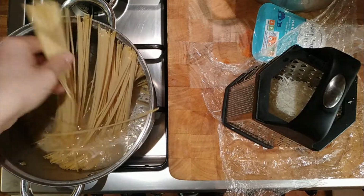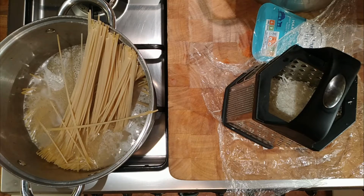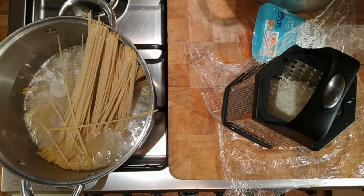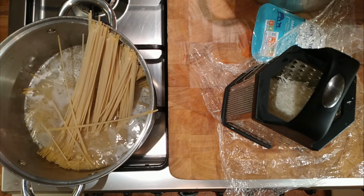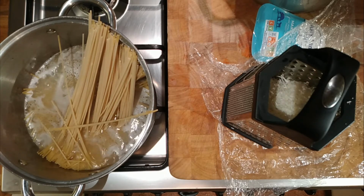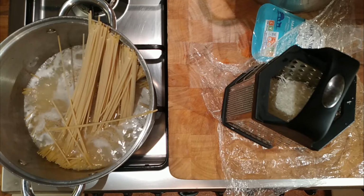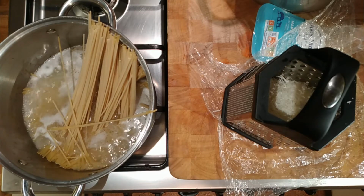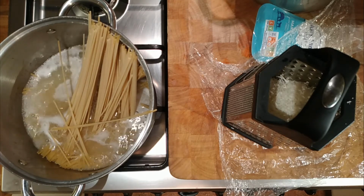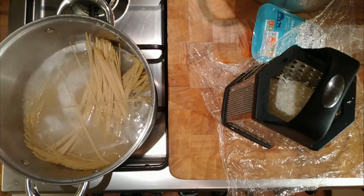But you'll see. So it's just a case of, I better get some water on as well, just in case. So you add a little bit of stock to start it off with, and then you keep topping up with a little bit of water, and then hopefully by the time all the water's evaporated, your pasta is nice and al dente and ready for just adding, there we go, adding the